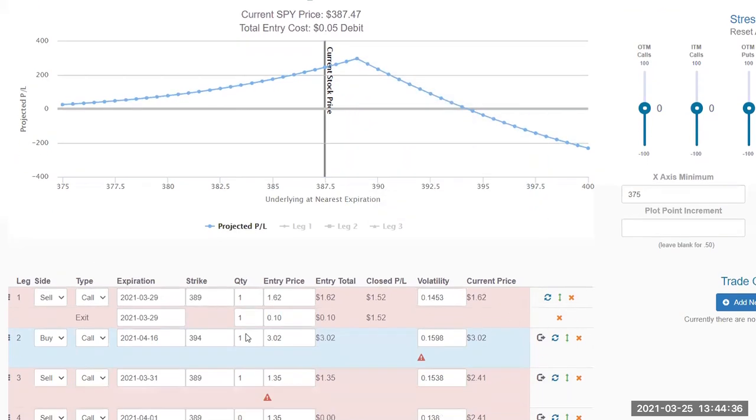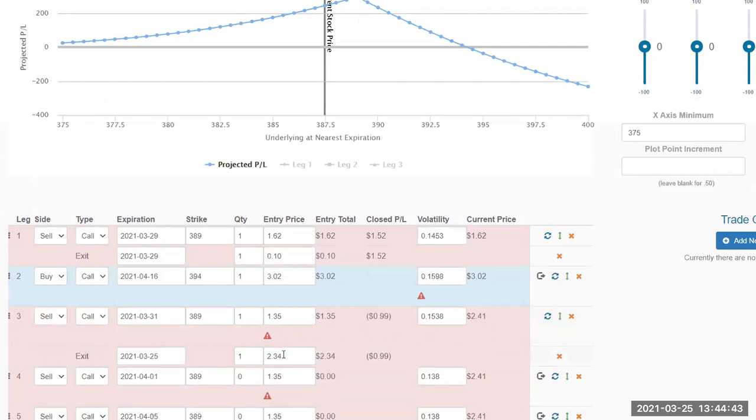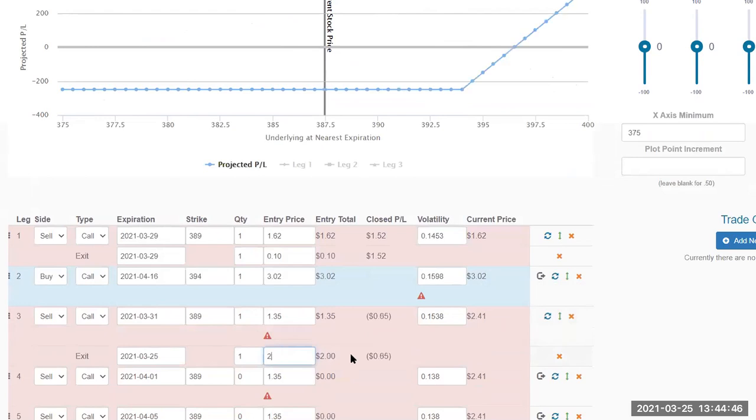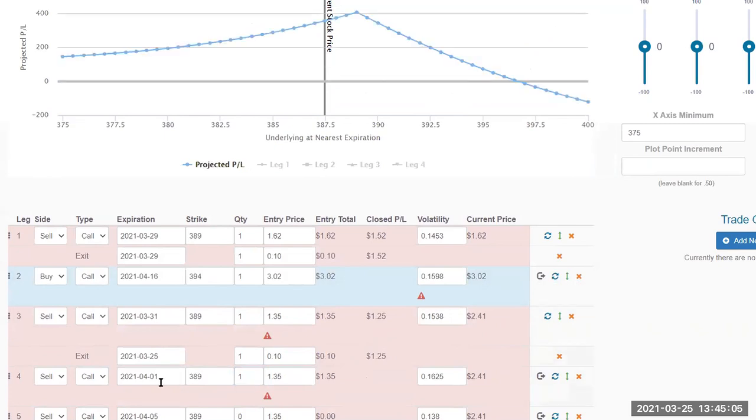But if we're able to do this again, so we sold this one, right? So we'll go ahead and exit it. So let's say the market just kind of stays the same. And of course, that's not what's going to happen, but we'll do it for illustration purposes of seeing how it works. And then we turn around and sell the 4-1. And we'll probably be able to get a $1.35 for 4-1. That's the next day, or actually 331. So yeah, that's the next day because 4-2 is Good Friday.